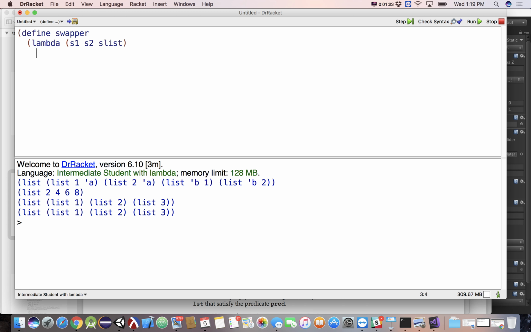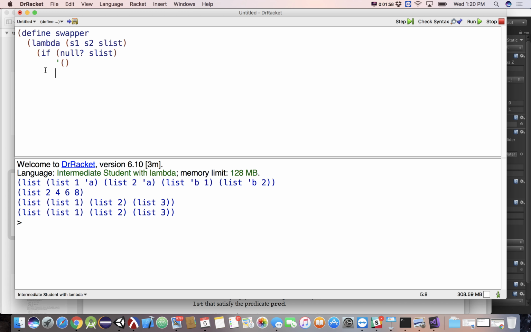All right. So now we want to ask the question if we're dealing with the empty list. If we're dealing with the empty list, we know we're done. And our pattern is to go ahead and return the empty list. That way we can finish our final cons, right? Because we're going to be consing onto the cons, onto the cons, onto the cons, until we finally get our final parameter that's going to be an empty list, which will let all that stuff unroll. So we'll say if null S-list, go ahead and return the empty list. Otherwise,